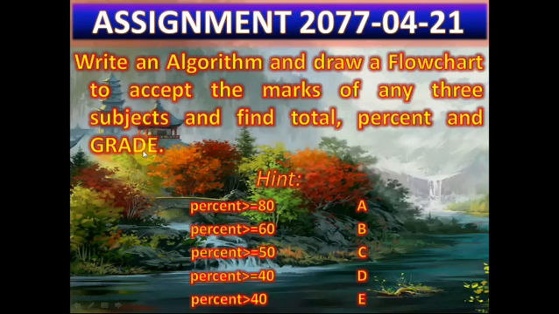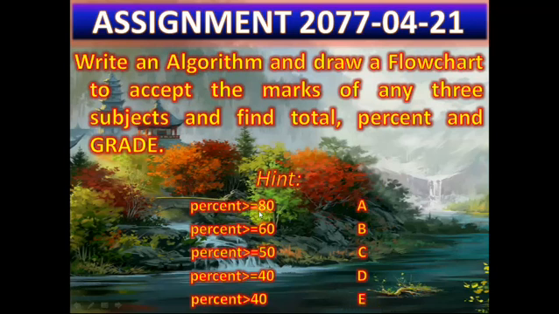In the C examination, you already know, you have already seen the grades. There are 9 grades, but I have given only 5 grades here, and I have given the hint also. The percentage P we have already calculated, and according to our percentage we can easily evaluate the grade of the student, and according to our grade I have given only 5 grades here, so you have to write only 5 grades in the algorithm and in the flowchart.